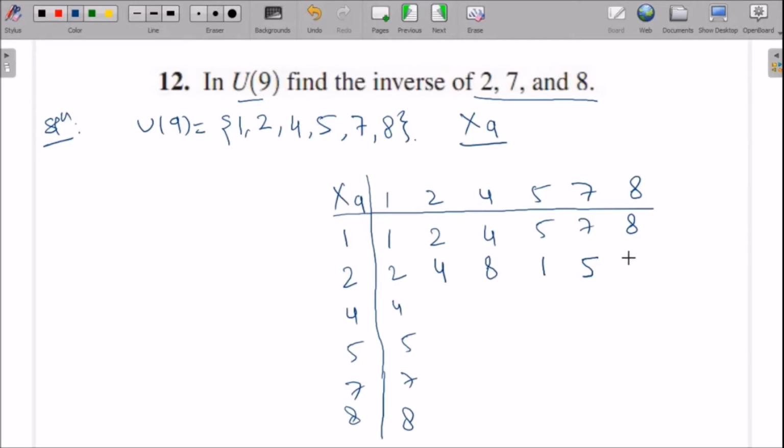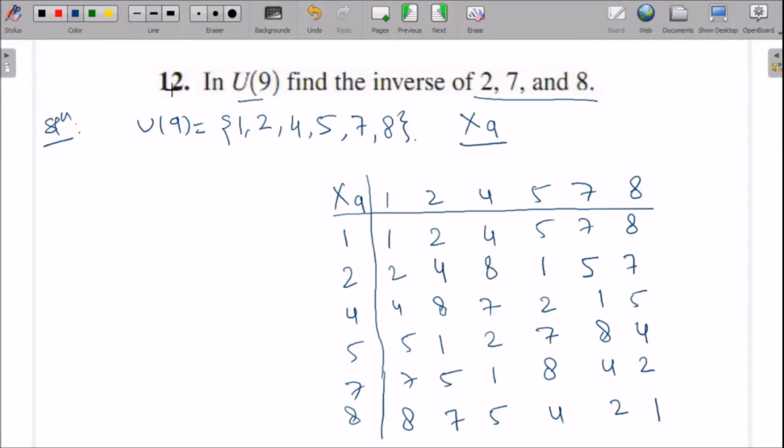16 divided by 9, the remainder is 7. So similarly, this row also we can fill. 4 is there, then 8, then 7, then 2 and 1, and then 5. Then this row, 1, 5 to the 10, and 10 divided by 9, remainder is 1, then 2, then 7, then 8 and 4, then 5, then 1, then 8, then 4 and 2. So similarly, the last row is 7, 5 and 4 and 2 and 1.